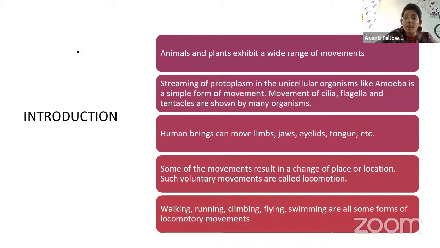So now let us start the chapter, which is locomotion and movement. Before starting this chapter, I would like to know, will only the animals move or will the plants also move? This is a question, by the way. Do the plants show movement, or only animals? Can I know in the chat box, please? Okay. So not only the animals. We know animals will move, animals will walk, locomotion, everything will be present in the animals. But how about the plants? Yes. Plants also do show movement.